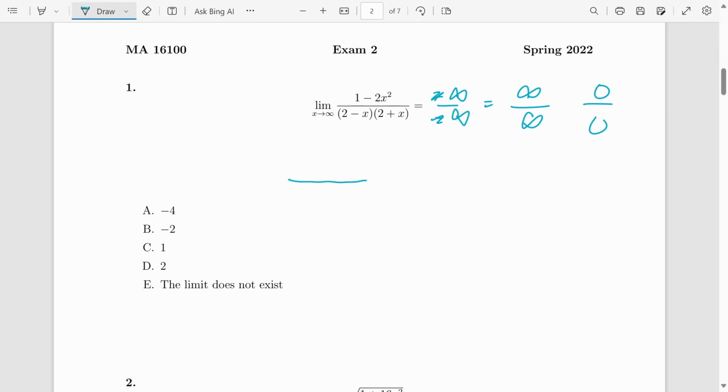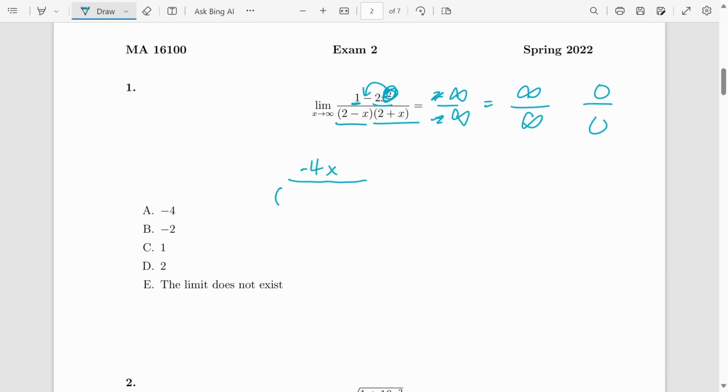On the top, we're going to have, all right, derivative of 1 is just 0. Derivative of constants is always 0. And then derivative of 2x squared, we're going to take the 2, bring it out front. So this is going to be 2 times 2, which is 4, negative 4x to the power of, so this 2 minus 1 is 1. So negative 4x. Now on the bottom, looks like we'll have to do the product rule since we have two